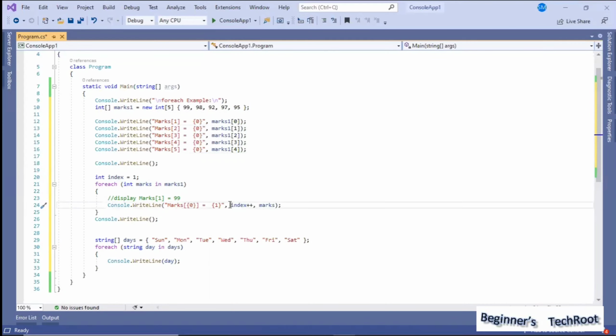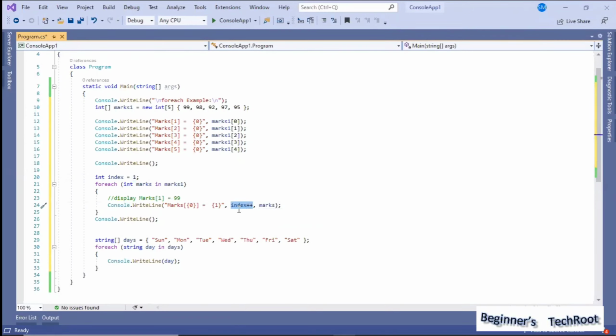Okay, so whatever we've written here, index plus plus, and we are assigning also. So far we used it only to increment the value, that's all. But here the incremented value is also what we are passing as a substitute here, so in such cases we need to be more careful about how it works. The value is 1.